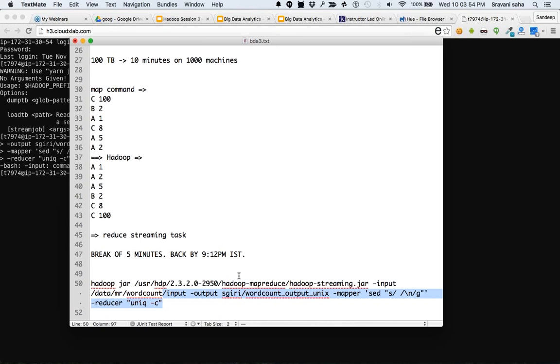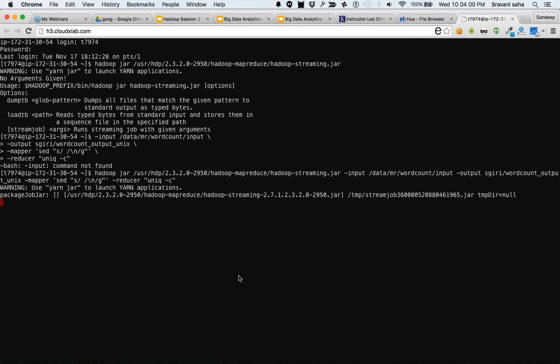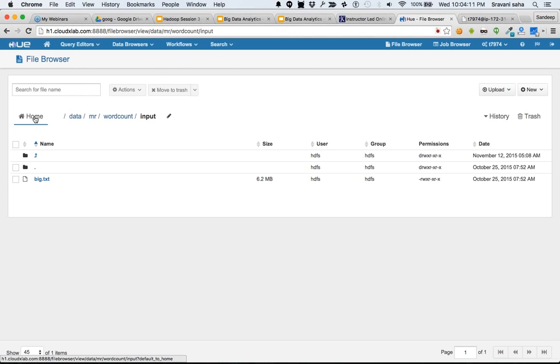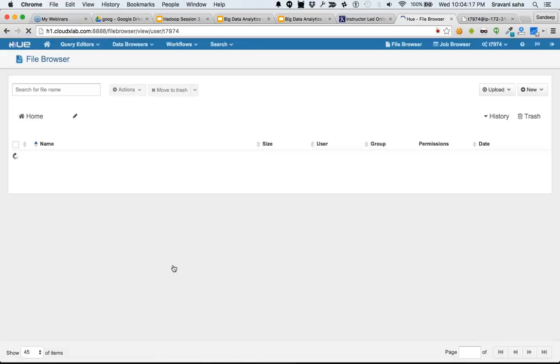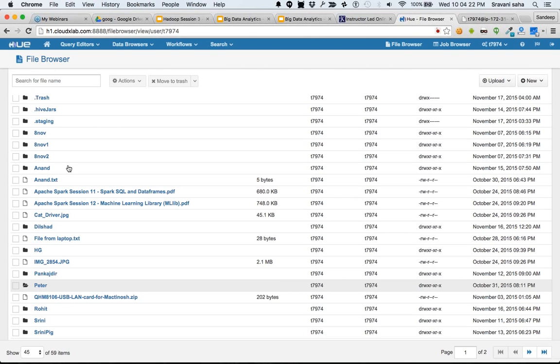All right. Now we are trying to run a MapReduce command. Ideally, you would not need it. You will generally use it. It says that the output folder exists. This folder, where we are trying to store the data, is already existing. If I click on home, this is my home folder. If I specify a path without slash, it means I'm providing the relative path to the home.